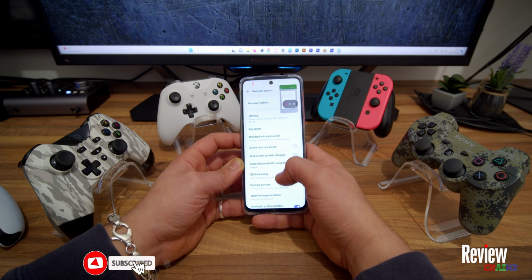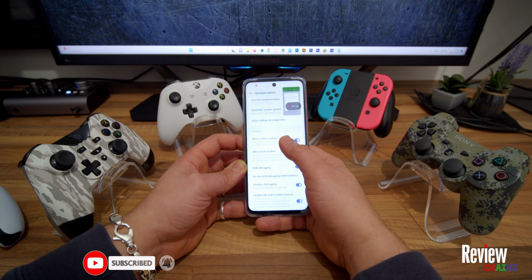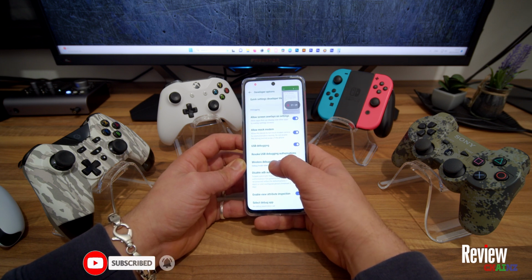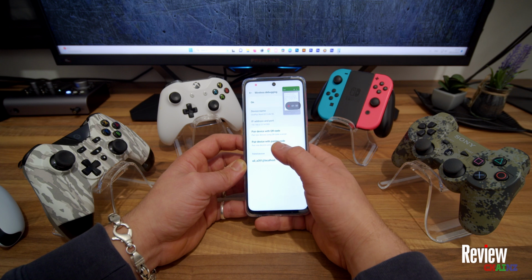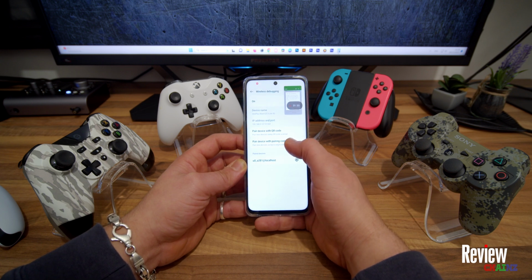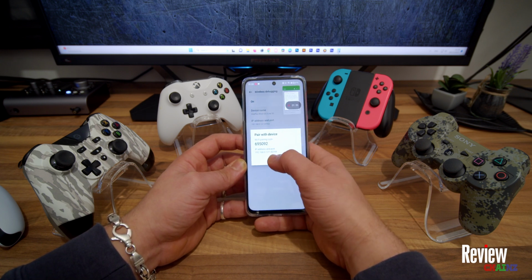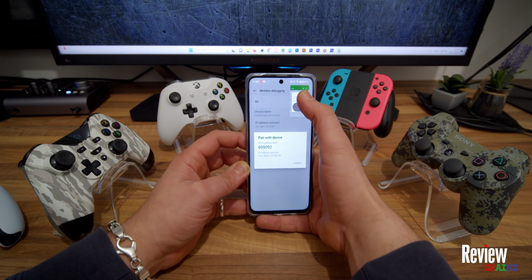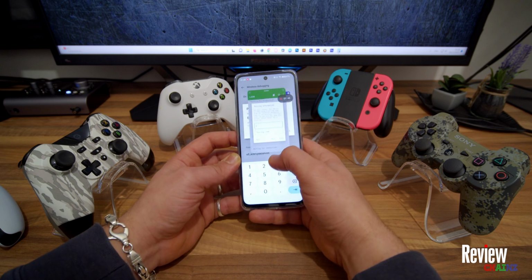Here we are. And we're going to go to wireless debugging. We're going to press on wireless debugging, and now you see we can pair device with pairing code. We're going to press on that, and here you see IP address and port. In my case, after the double point it ends with 40749. We're going to put it in